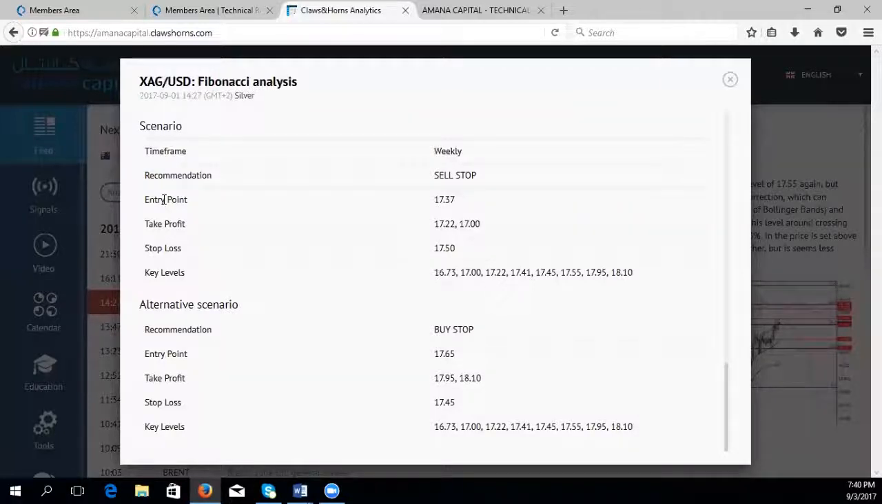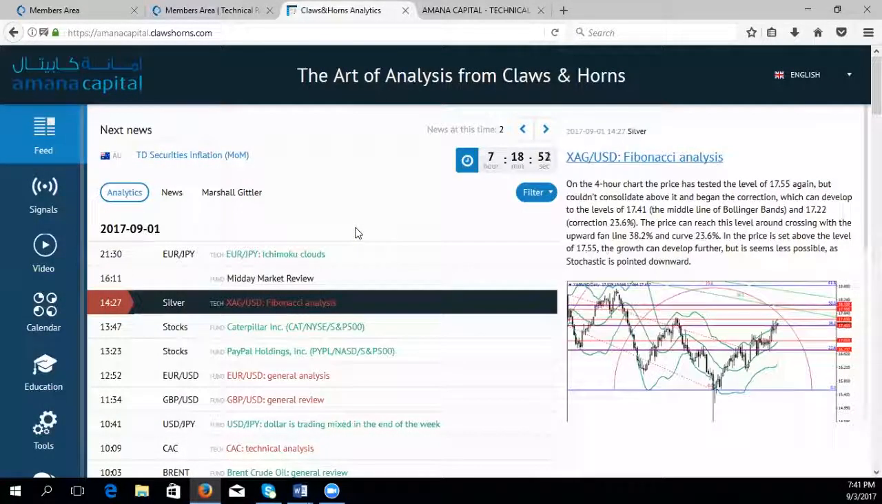We have seen previously that on either Autochartist or Clouds and Horns, they don't quite show you where to place your entry. It will just show you at which level you should think of buying and selling, yes, but they don't quite show you the exact price. However, on the Clouds and Horns here, you can simply see the entry point, at which price you can place your entry, where to place your TP and stop loss and so on, for both the scenario and the alternative scenario. So personally, I give them credit for that